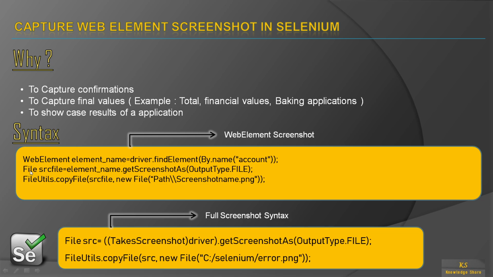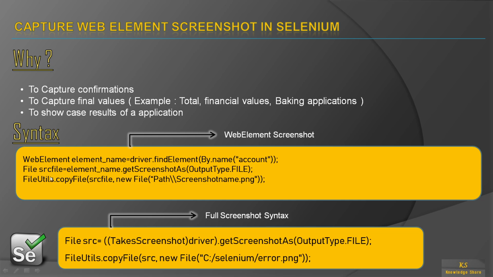And the same way as we have seen for the full screenshot in the previous session, you have to declare one variable which will capture the image and store it at some place: File src is equal to. Here if you observe, we are casting the TakesScreenshot to a driver and then capturing the complete page. But coming to this session, we have to capture only one web element.